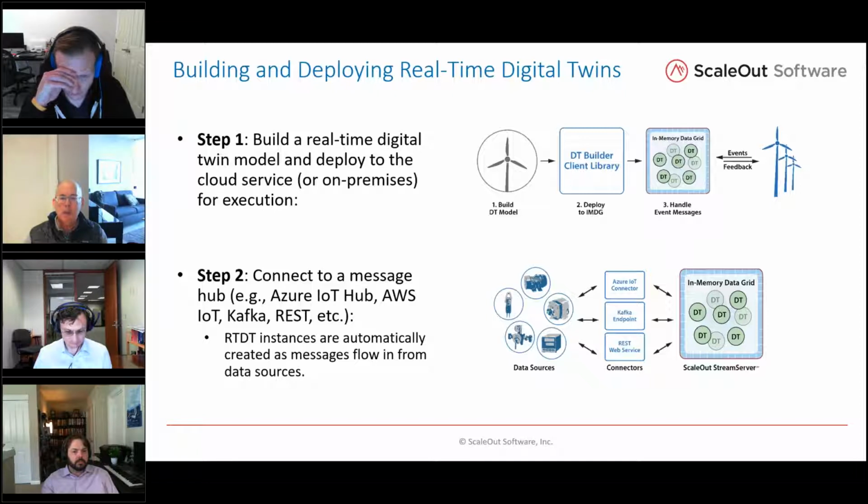So the first step is you use our ScaleOut digital twin builder library, and we have libraries in C# and Java and JavaScript, which you then compile and link to with your favorite development system, for example, Visual Studio for C#, and then you build a zip file, which is then uploaded to either the on-premises or the cloud deployment or the cloud service. So we'll talk more about that in just a minute,